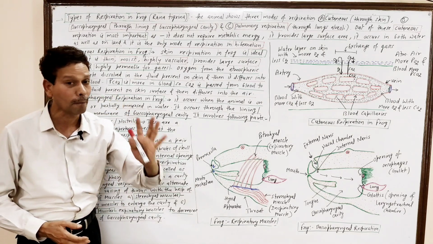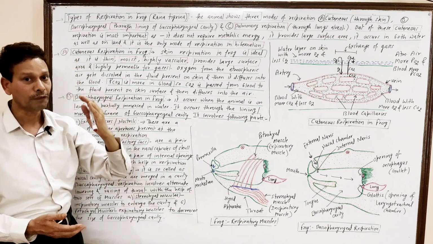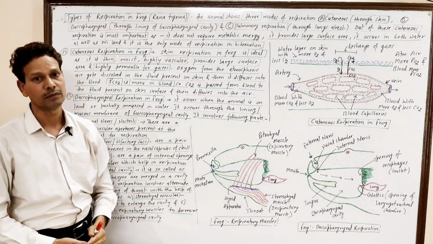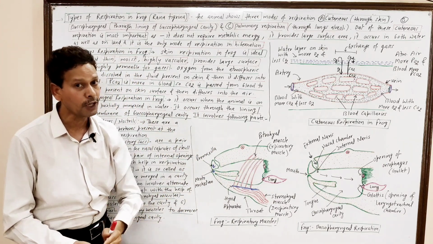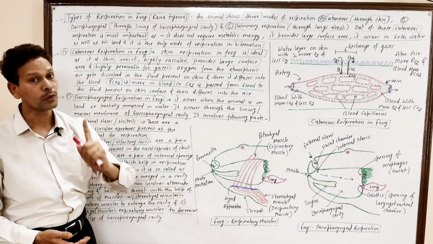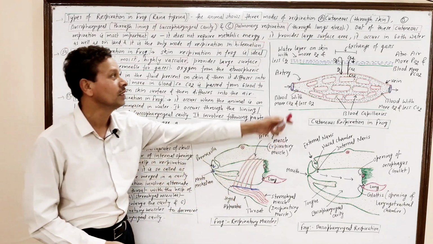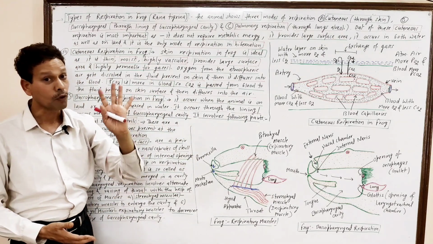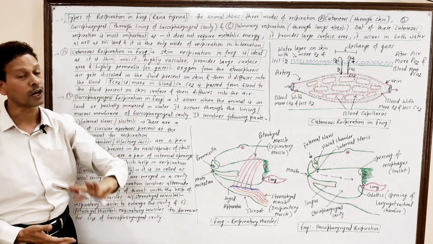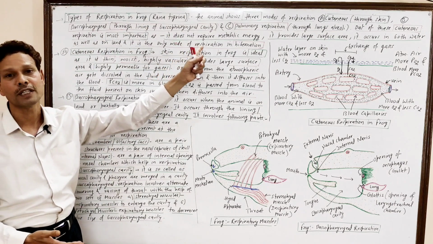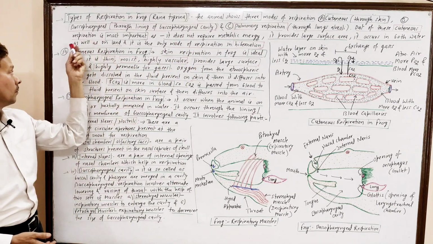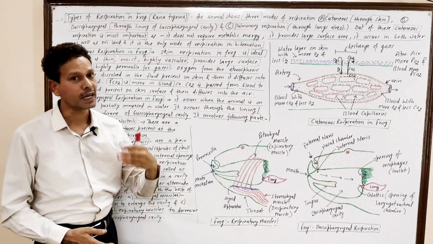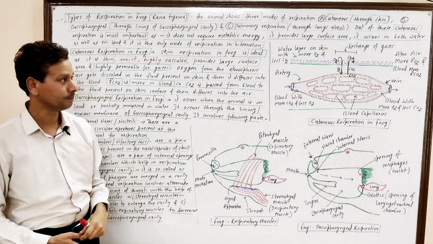Note down all competition students. When the frog remains dormant, inactive in the winter season, it means during hibernation, the animal shows only one mode of respiration, that is cutaneous, that is skin. It is the most important mode of respiration out of these three modes. First of all, we will discuss cutaneous respiration, that is skin respiration.